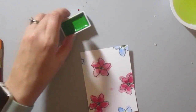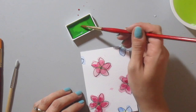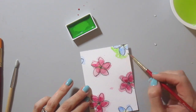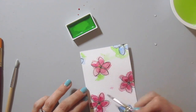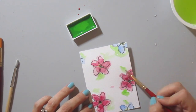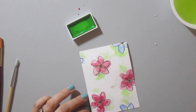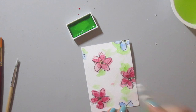So practice, practice, practice. This is a technique that I had never done before. I usually do no line watercoloring or in the line watercoloring. So it's rare that I try to paint this loose and free-flowing and whatever you want to call it. So I grabbed some of the green, and I didn't have any leaves to stamp, so I just decided to add some green that would kind of be emulating the leaves, symbolizing the leaves, whatever you want to say. So I just added some green here and there,